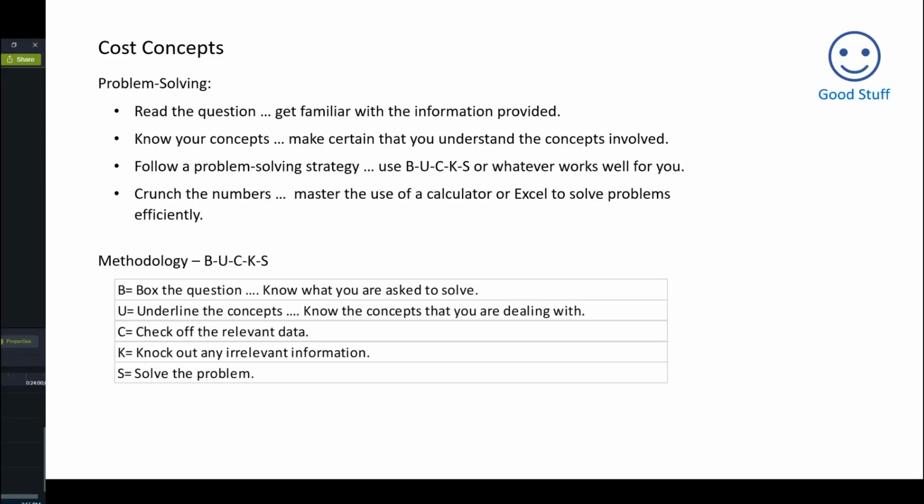Lots of calculations here, but this comprehensive problem covers most cost concepts which will be used throughout the class. Bucks was used throughout the problem to illustrate the value of having a problem-solving strategy. If Bucks doesn't work for you, I encourage you to take time and develop something else. As we move forward, I will move a lot quicker. I use this problem to introduce you to the problem-solving process. The Excel template for this problem can be found on Canvas in Module 1, labeled